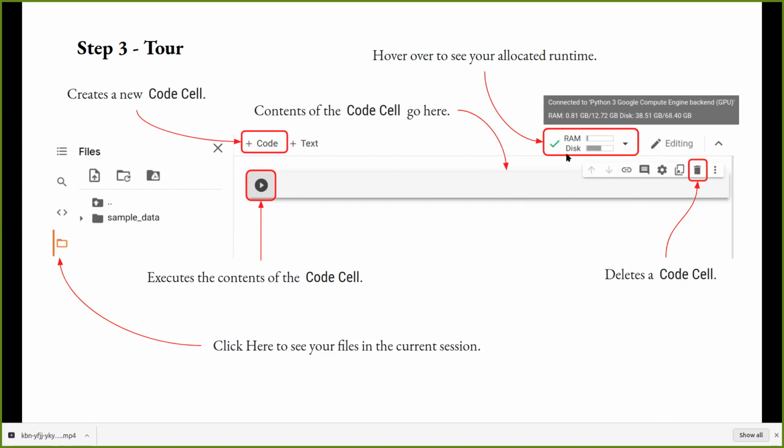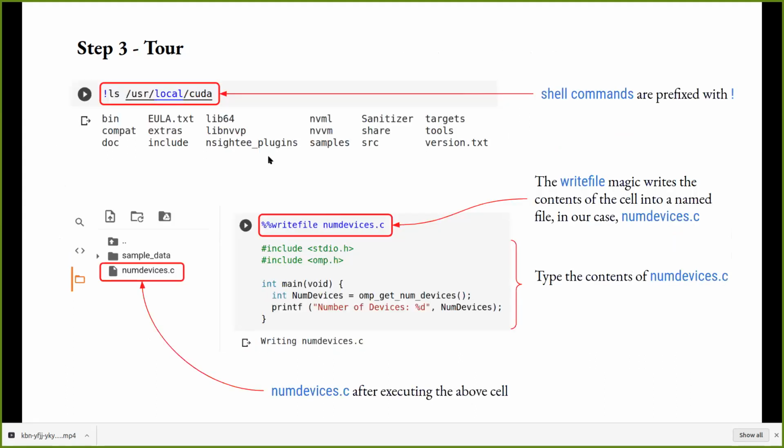With these options you can look at how much RAM is used and how much disk is used. RAM is only 0.81 GB used out of 12 GB. Disk is 35 GB out of 64.4. There is already a Unix running on this, and on top of it there is a GUI interface. When you type commands in the code cell, they should be preceded by this exclamation mark. So if you type ls /usr/local, it's a shell command,